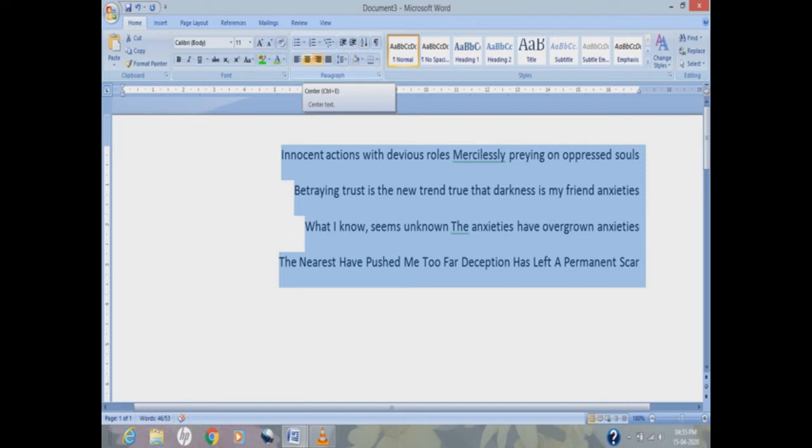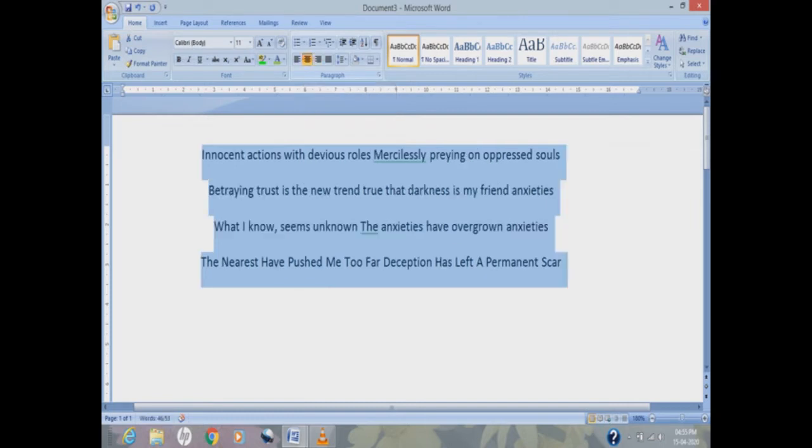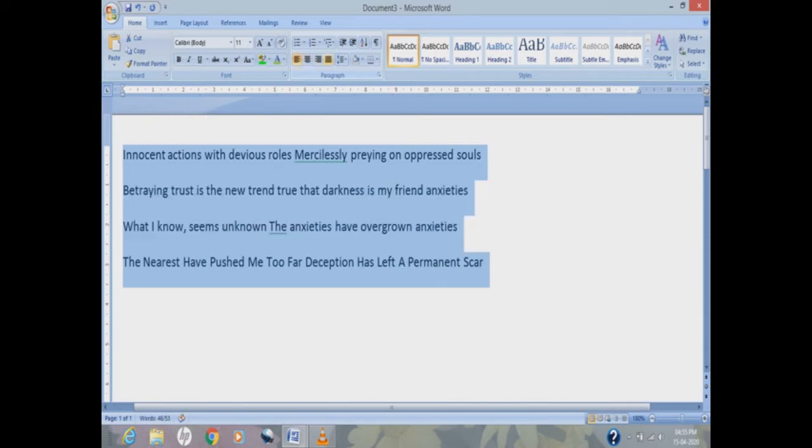If I click on center alignment, it will be shifted to the center of the page. Justify actually works with long paragraphs which span multiple lines, because this is a type of poem, I press enter after each line, so justify will not work in this case.